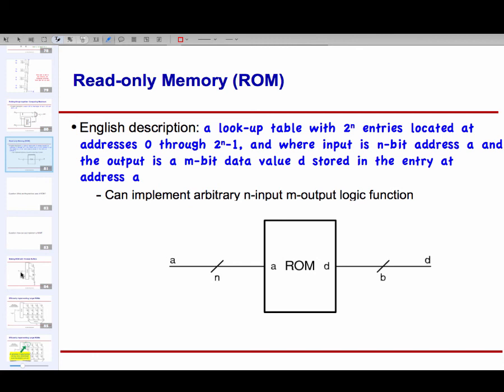For example, when you hear that this is a, I don't know, 32 gigabyte memory, that means conceptually it's like a table with 32 gig slots. Their addresses go from 0, 1, 2, 3 through 32 gig. And then I give it an address. I say I'm interested in the value in slot number 100. So the memory takes that 100, the address, and goes and looks in the slot there and returns me the value. When I say a memory is 32-bit memory, what that means is that the value in each slot is a 32-bit number.